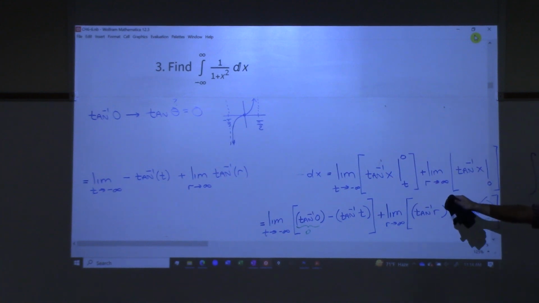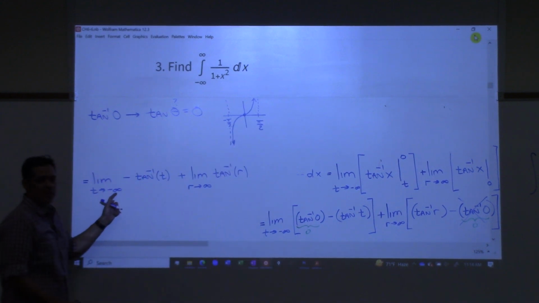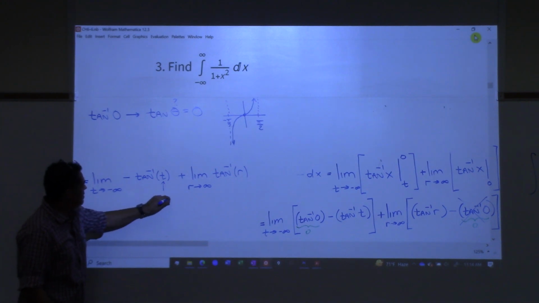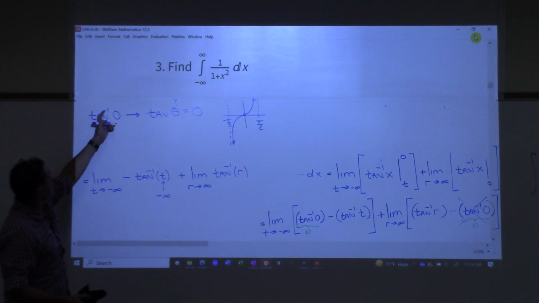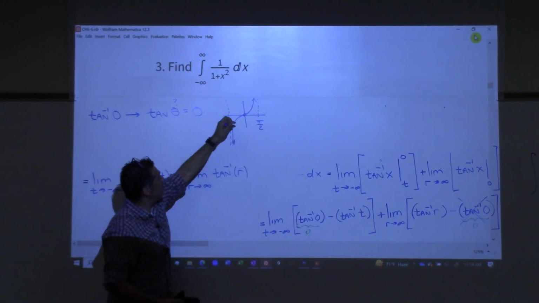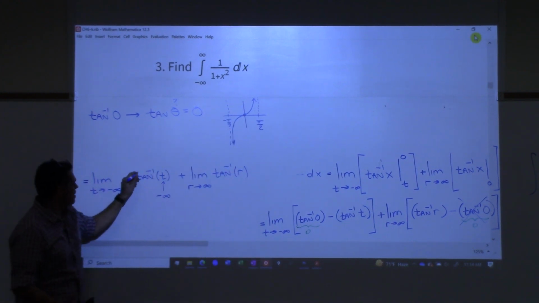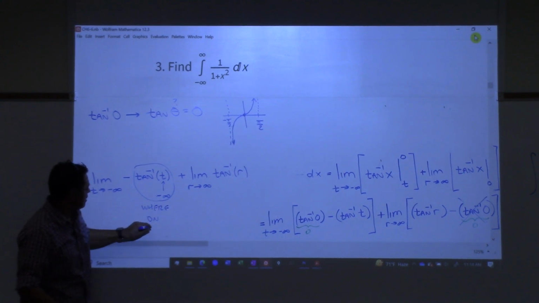We still good? All right, now we take the limit. So I look at this, and I'm going to let t go to negative infinity. I'm saying, what happens if that number heads to negative infinity? Well, think, what did this say? If I said inverse tangent of 0, I asked where on this is my y-coordinate 0. So this is saying to me right here, where on the tangent function is the y value